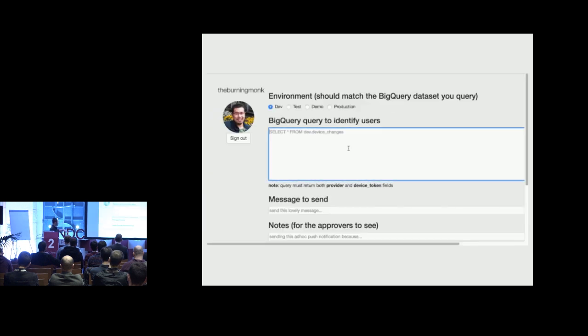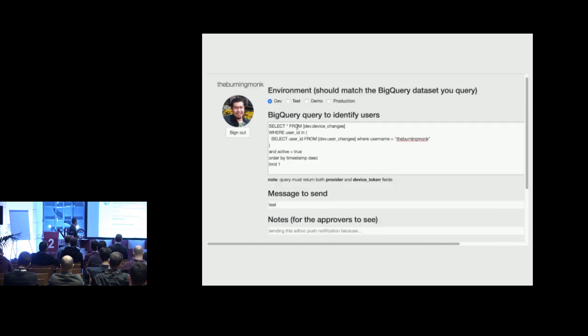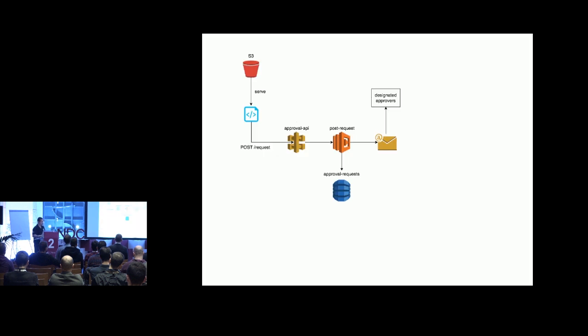In this case, I have created a very simple admin UI as a single page application for the marketing team to use, which is served out of S3 and integrates with Auth0 so that you go in there, you put down your BigQuery query and a few messages and notes for the approver, click a button, and then when you do that, it's going to hit an API, which then stores your request in the DynamoDB, but at the same time also sends an email via Amazon's Simple Email Service or SES to the approvers,